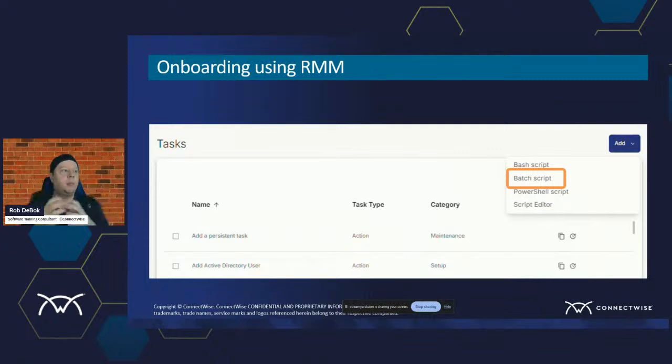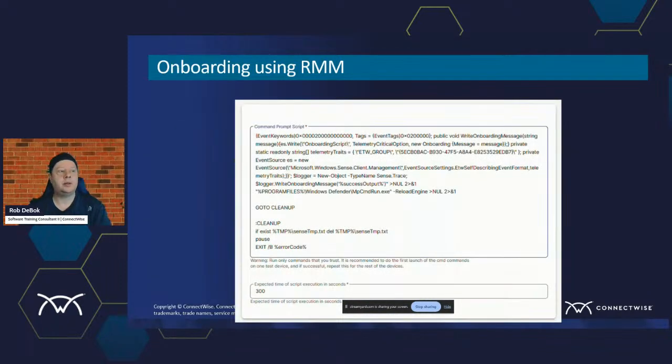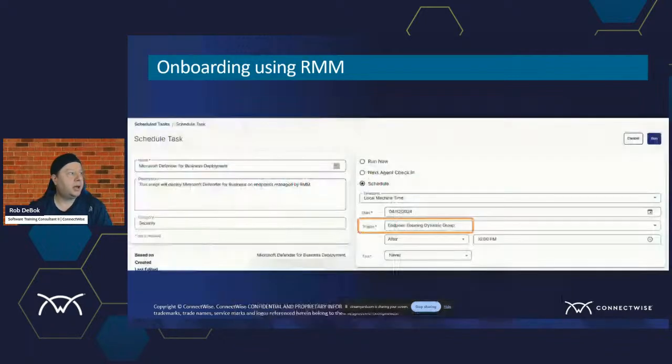And we're going to take this now batch script, and we're going to plug this into a task within our RMM, right? So we'll go to tasks, we'll choose batch script, and then we're just going to go ahead and copy and paste that file that we had gotten from the Microsoft Defender portal. We're going to go ahead and throw that into a task for us, name it, of course, and save that. And then from there, what we've got to do, just like anything else, is we're going to schedule that out. So we'll create a schedule for the Microsoft Defender for Business, put in its short description in there. Of course, your category is going to be security,